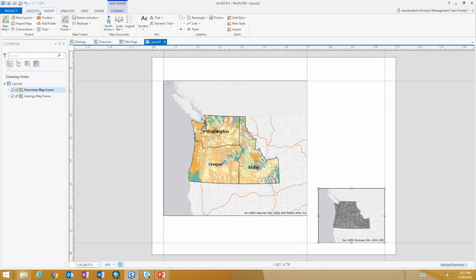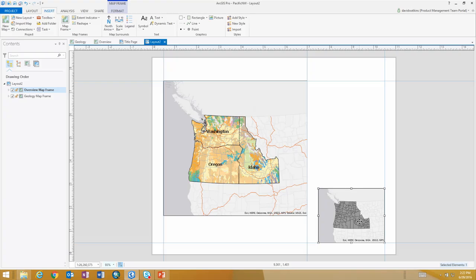So in Pro we have basically a concept called activating a map frame. We have this concept in ArcMap, but most of you might not think of it that way. But in ArcMap you can double click a map frame and you get little hash marks that go around the outside. Then you've activated that map frame and you can do things with it, move things around and add things to it. We find that you can accidentally adjust the position of your map very easily